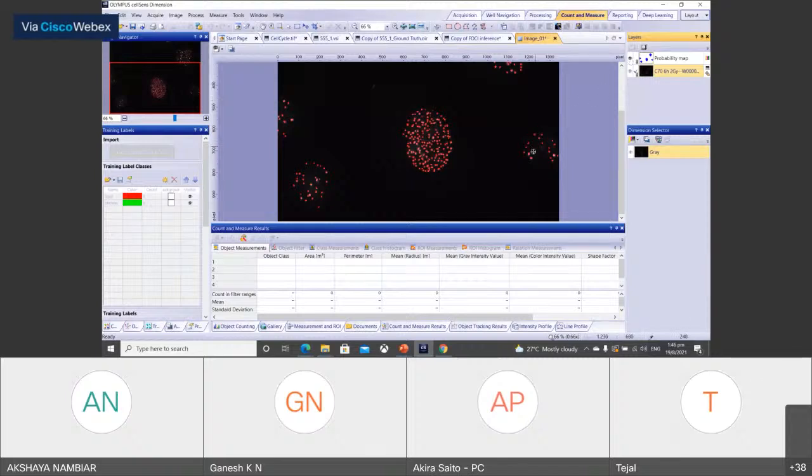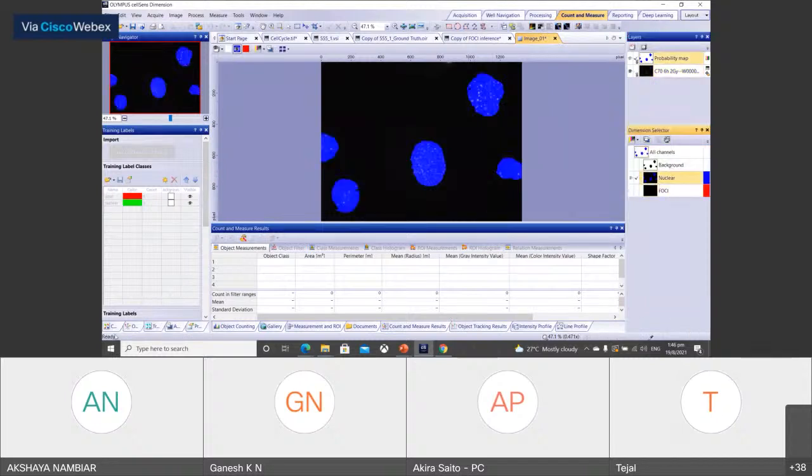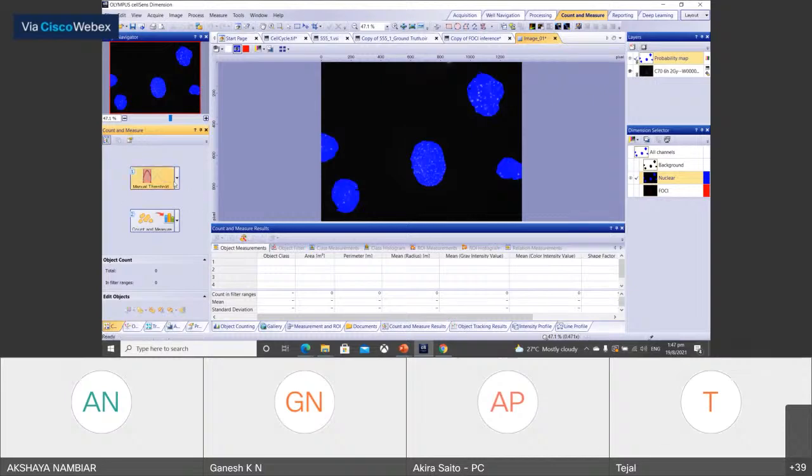So after this segmentation, we can go to count and measure and see how many.